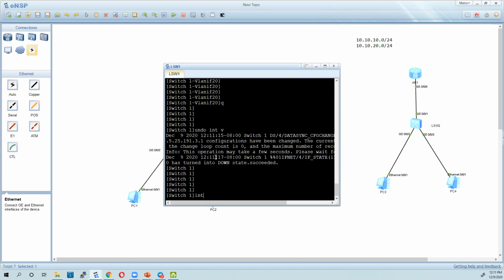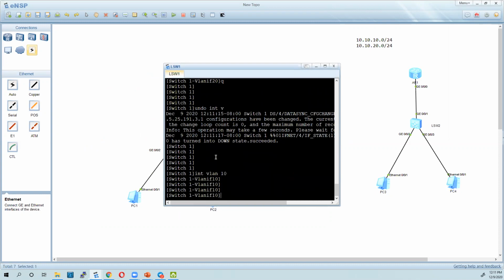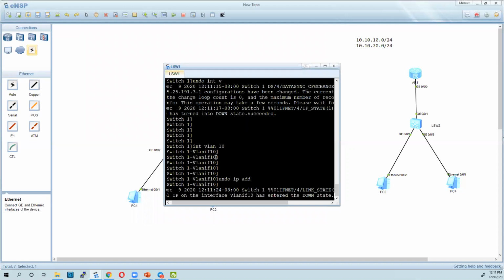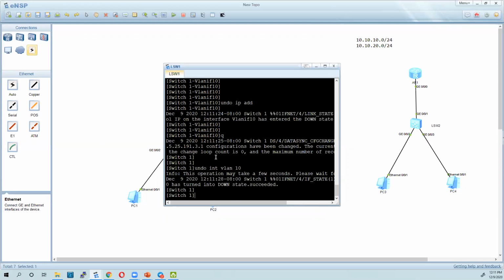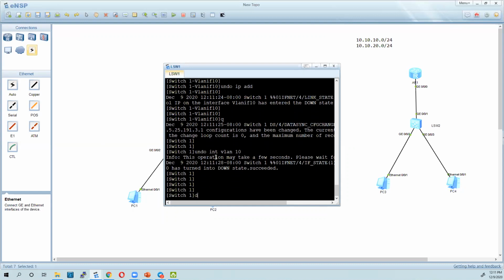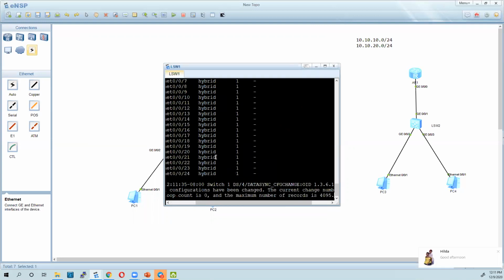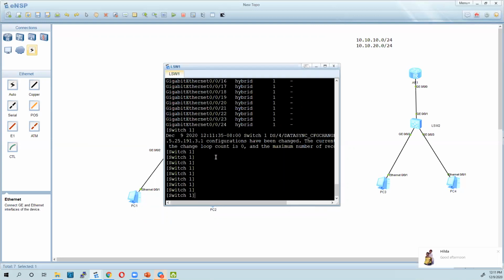Then I will go to interface Vlanif 10, undo its IP address, get out of there, and also remove the interface. Now I have the VLANs; display port vlan. There you go, they are there.